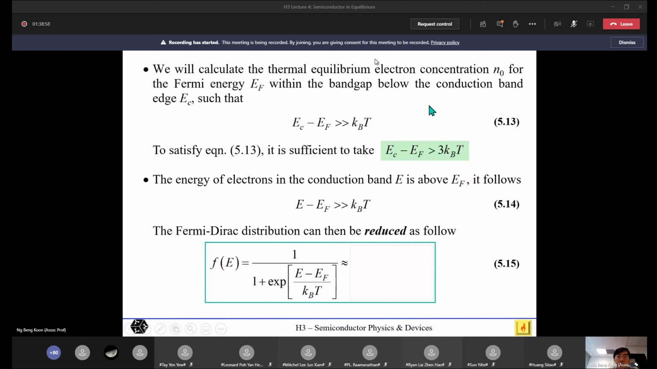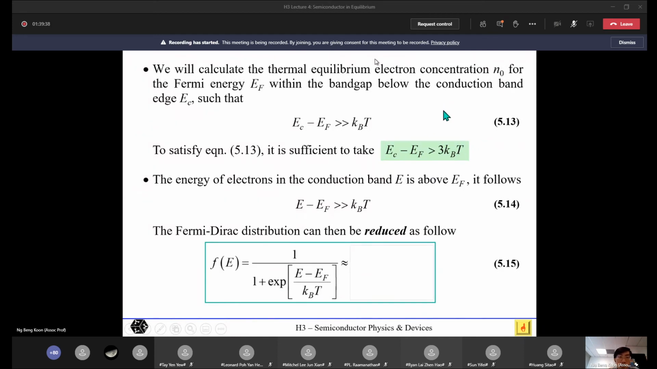This integral here is not something that's very straightforward to calculate. But if you make some assumption in terms of where the energy is, we can simplify those expressions so that when you solve it, you get an analytical equation. If not, it's quite challenging to solve, and you may have to resort to numerical methods to find a solution. So the assumption that we're going to make is that the Fermi level